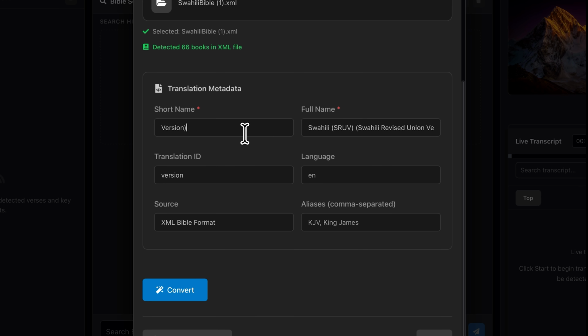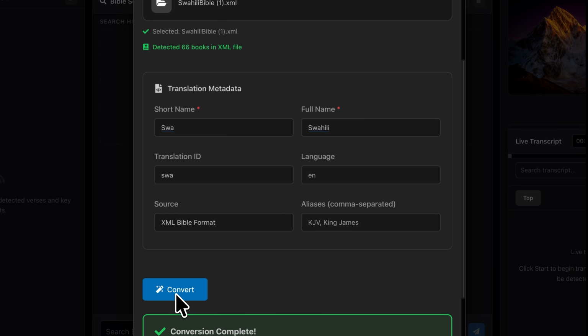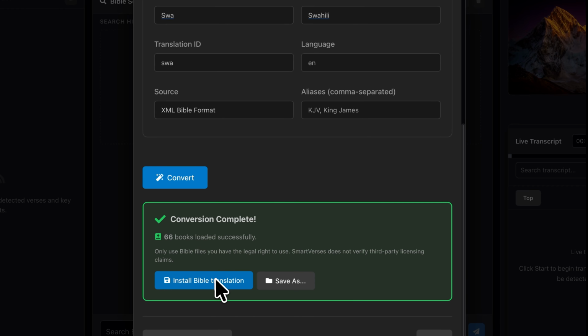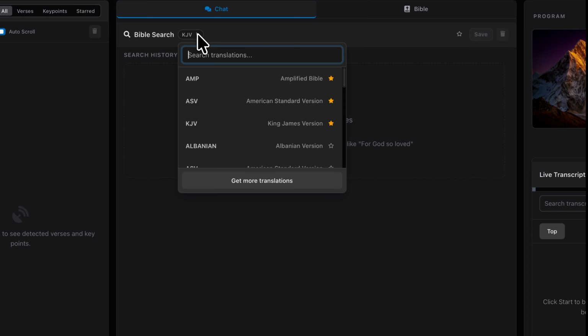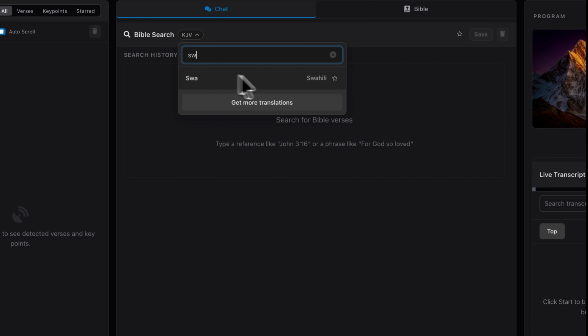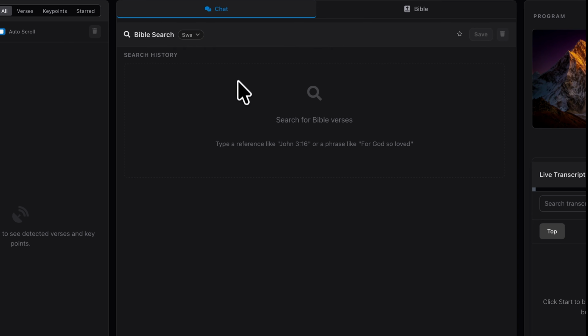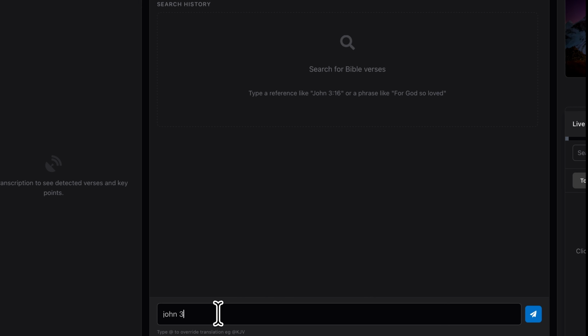So that has loaded the file and I can just put the name. I will call it SW and put Swahili translation, and then convert. So I'm going to convert that and then I'm going to just say install Bible translation. So that is now installed in my SmartVerses. If I go on here and search for the Swahili translation, it's right there. And if I search for John 3:16,